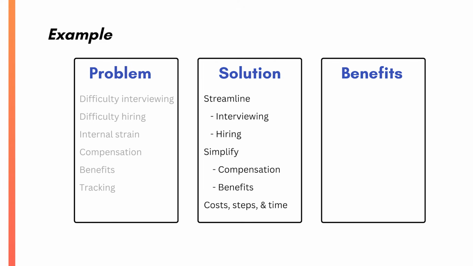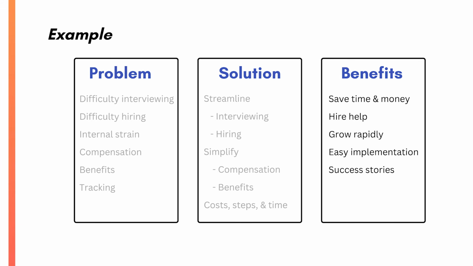We then transition to our benefits point where we show them how this would save them time and money and get them the help they need so they can grow as rapidly as they want to grow. We'd show them how easy the process is to implement and roll out and show them all about the kinds of success stories that we've experienced with past clients, the victories we've helped other client organizations achieve who are just like them. That's how you structure the body points in a persuasive speech using problem, solution, and benefits.